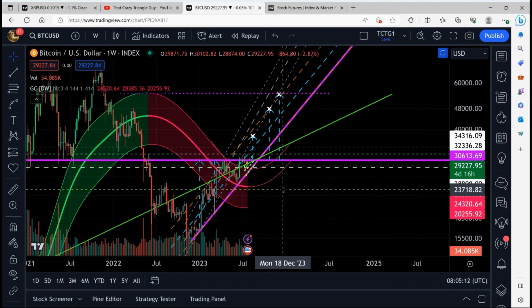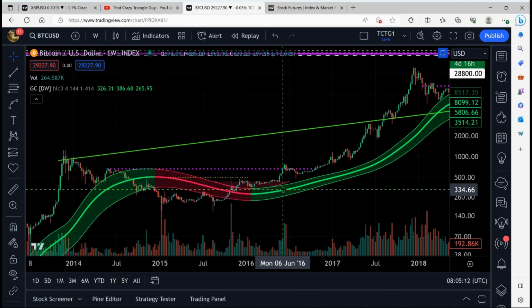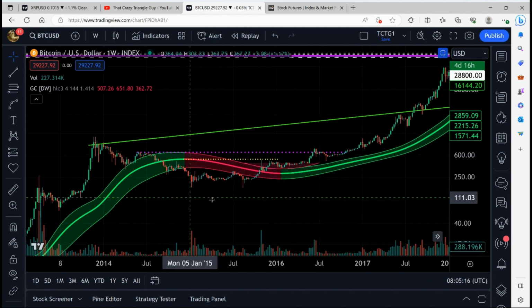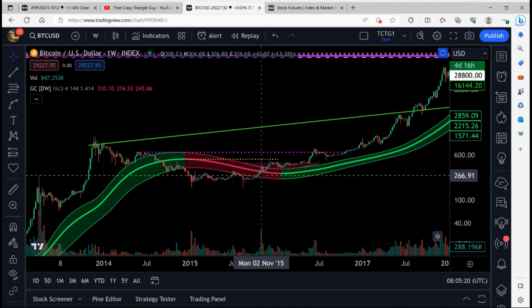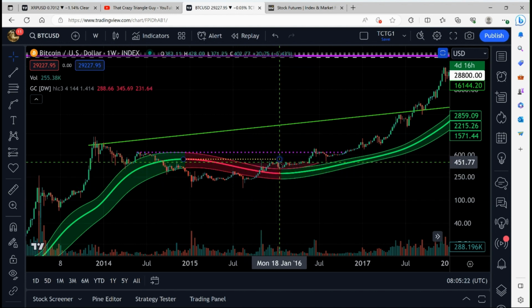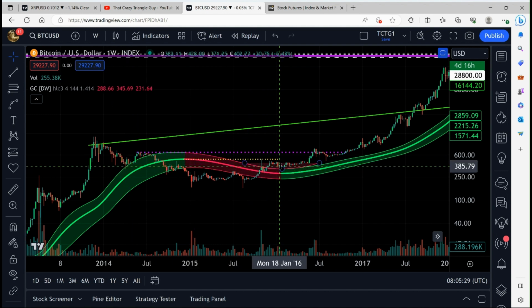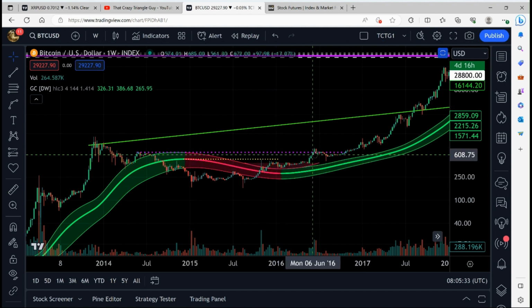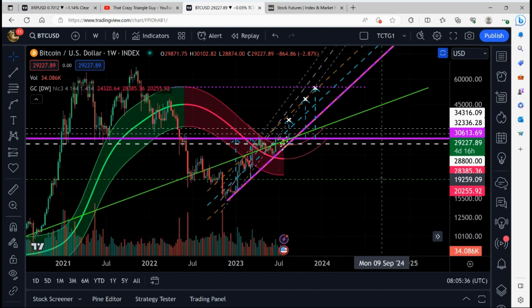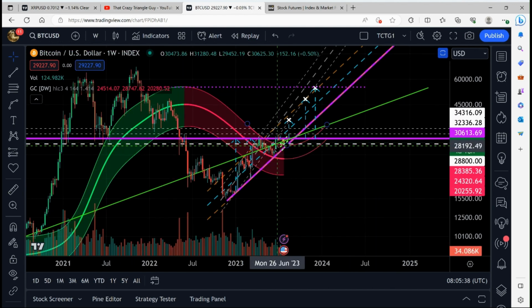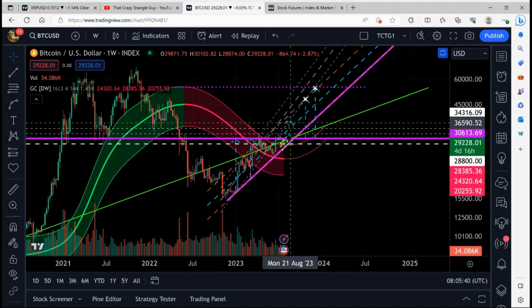Now, in the previous video, I've shown back here, we came through and came back down and tested the mean band, or the top of the Gaussian channel, for support, and also this previous resistance for support, and then spent a long time going sideways before going up. Here, we spent a long time going sideways before coming out and testing the top of the Gaussian channel. So we kind of did it in reverse, and I believe that we're ready to move on and upwards with